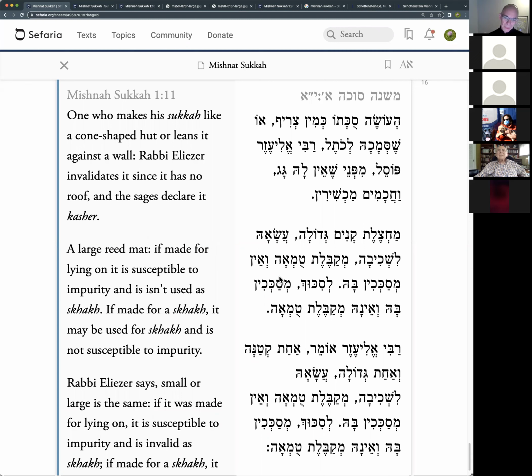If it's made for lying on, it's liable for impurity, and it isn't used as schach. It's like a bed, basically. It's like a kli, it's like a vessel. And we've said anything that can take impurity can't be used for schach. But, and here's the but,